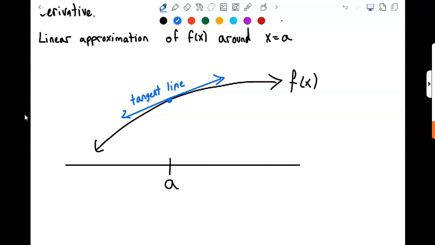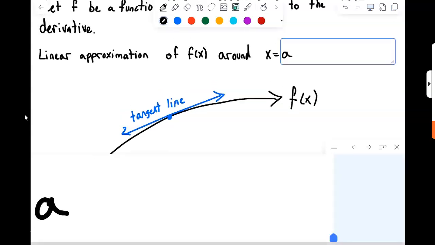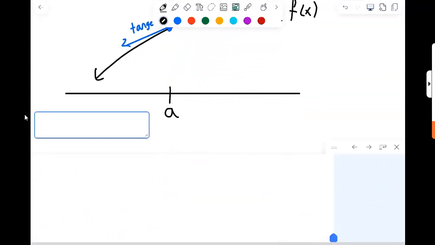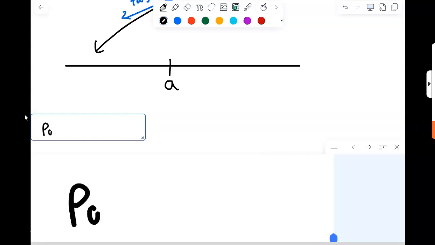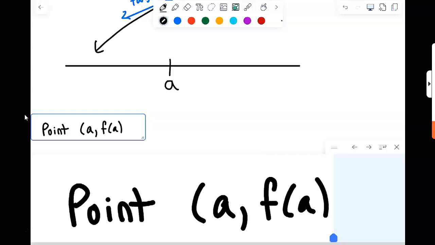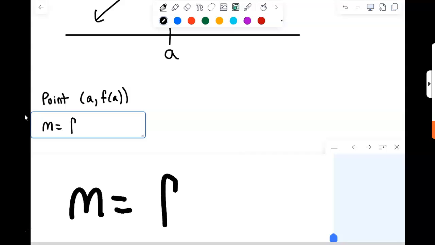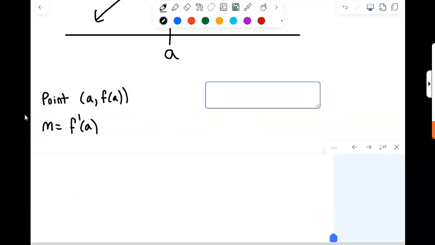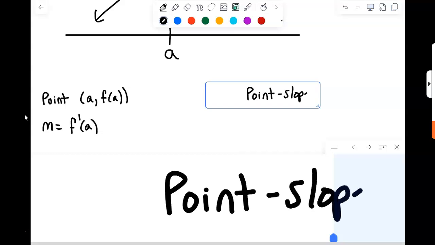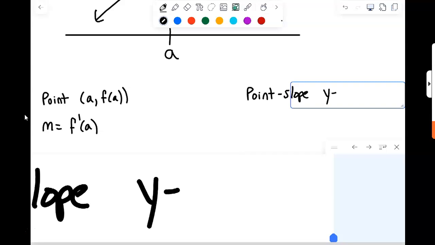What can we say about that tangent line? Well, we know a few things about it. Tangent line has the point a, f of a on the line. That line also has a slope. Slope of that line is just the derivative evaluated at a. So using that information, if we went back to the point slope formula, which actually is the better version of the equation of a line here for this problem,